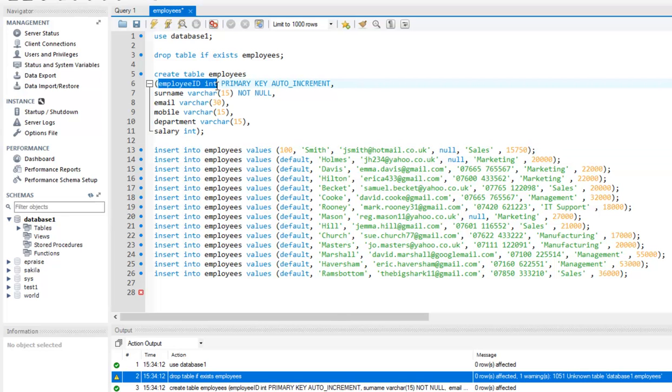Employee ID is an integer. Because it's a primary key, I've allowed it to auto increment. So if we start at 100, this one will be 101, this one will be 102. As long as you type default, it knows what the next number in the sequence is, and it automatically puts that in the insert statement. So I'm going to finally do select everything from employees,